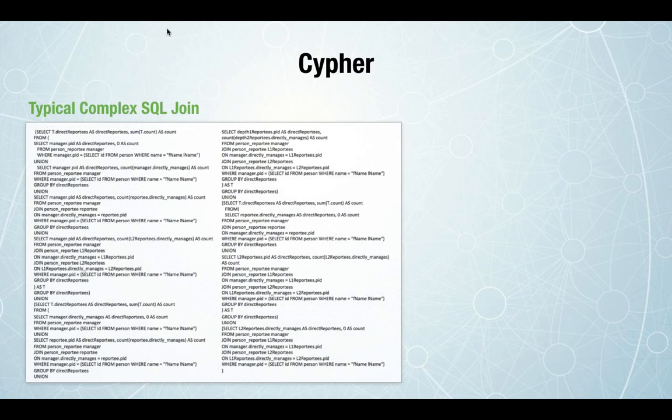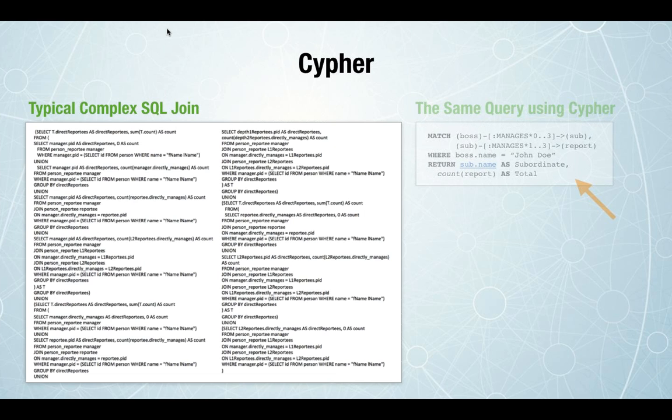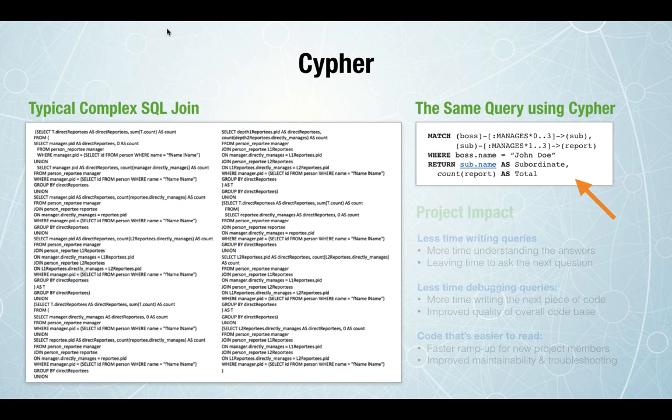And I'll mention Cipher just briefly here, because I love this. This is a fun one: if you want to think about relationships in a relational database, you could end up with queries like this, where you're doing all kinds of crazy joins in this very hard to read, very large chunk of code. That same chunk of code boils down to this really super simple Cipher query,